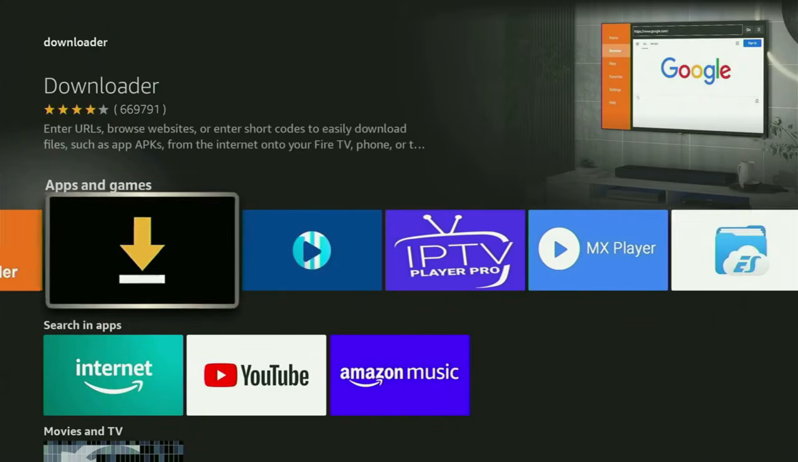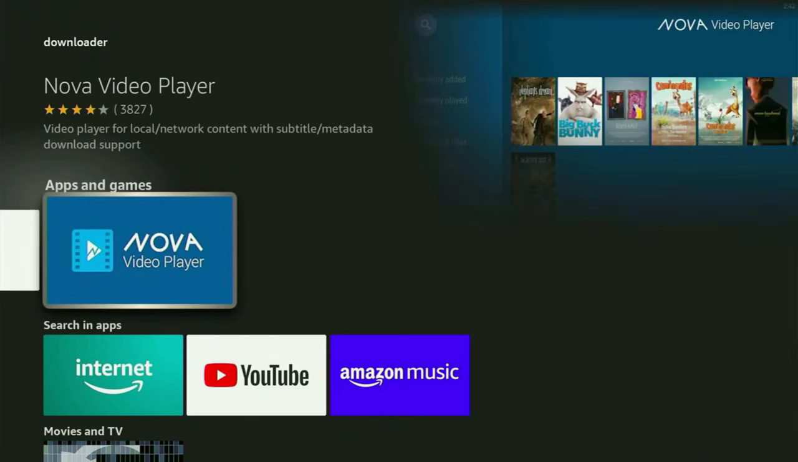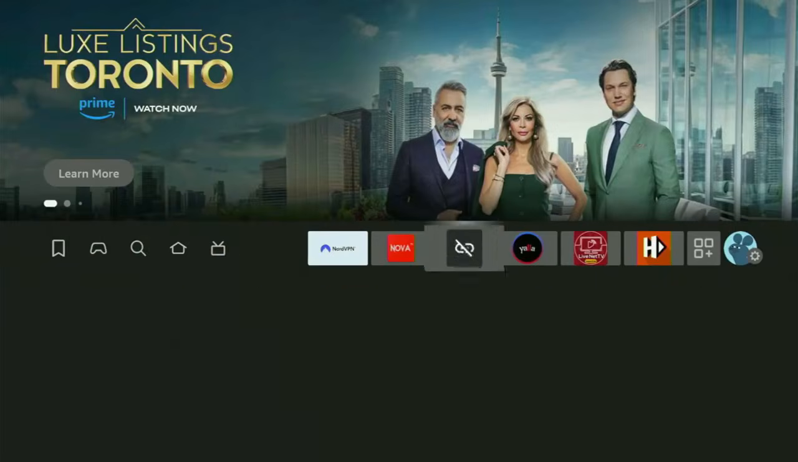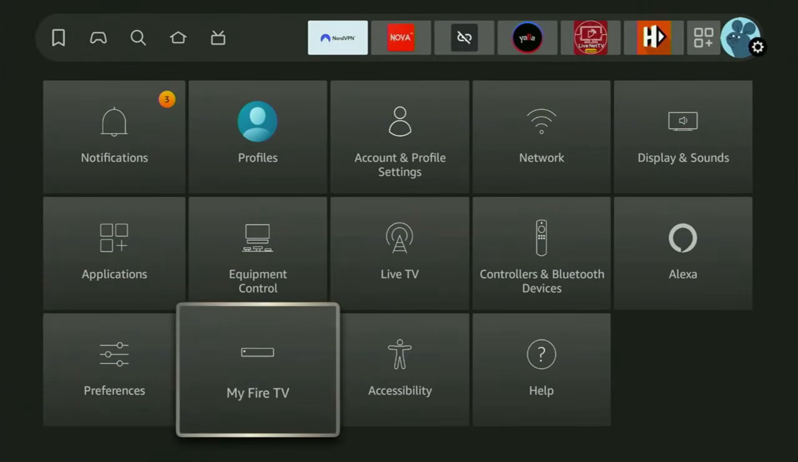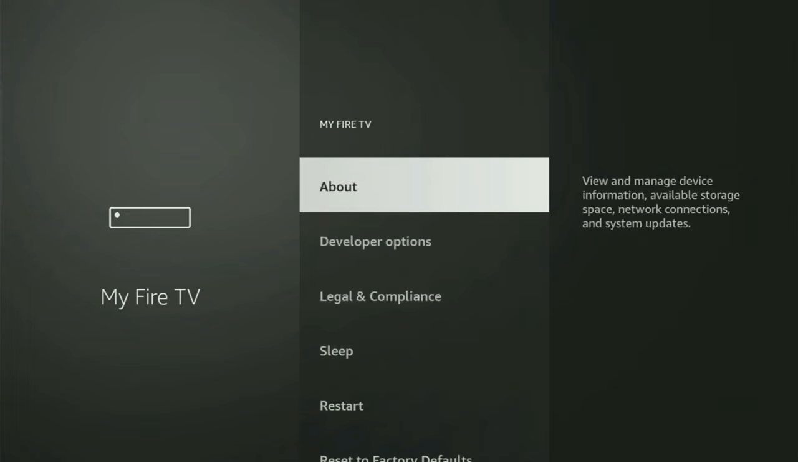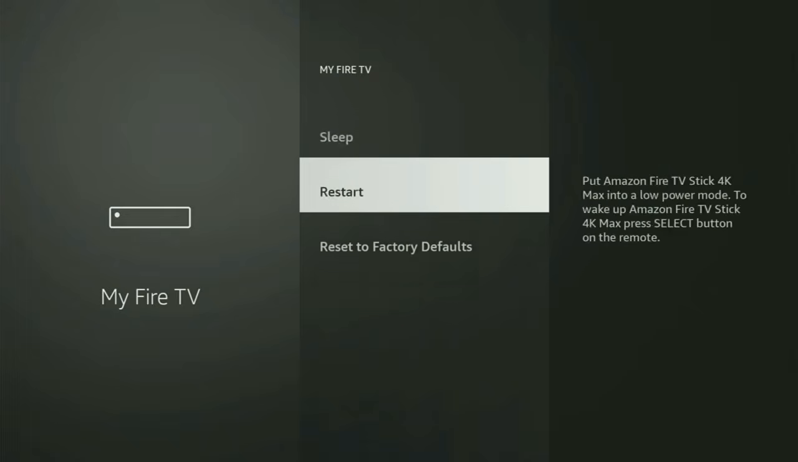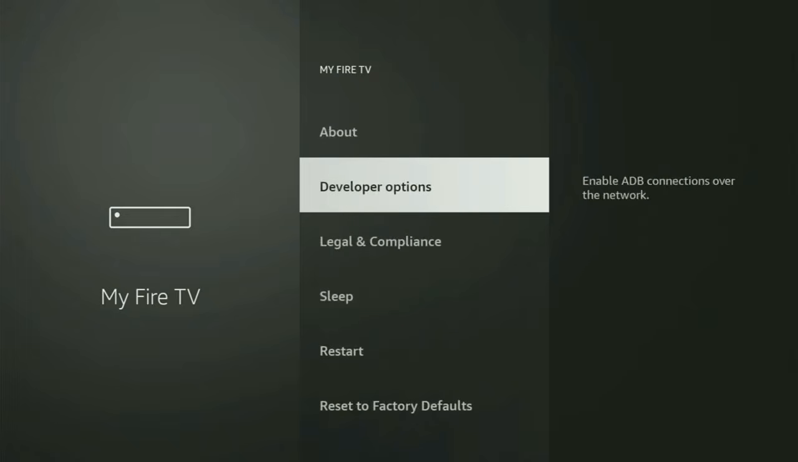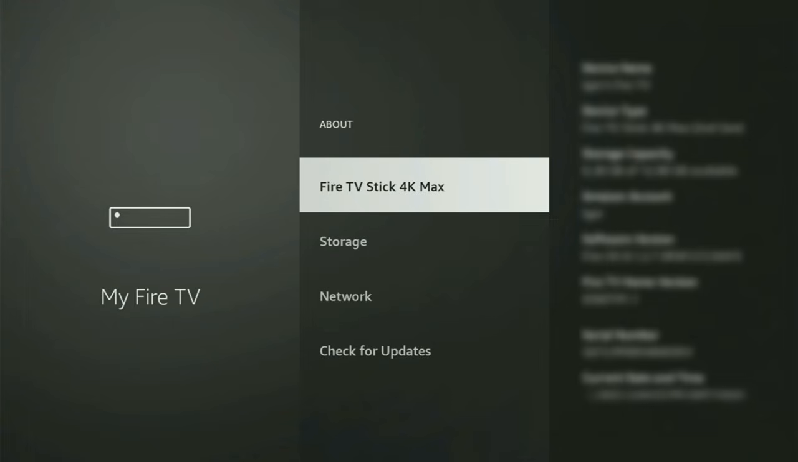However, after you get Downloader, it's not over yet, because you still have to set it up. So now, in order to actually use Downloader, you have to go to Settings on your Fire Stick, and then scroll down until you see My Fire TV. Open it, and in here, you'll have to turn on developer options on your Fire Stick. However, on some Fire Sticks, and especially on the new Fire TV devices, the developer options might be hidden by default. So if that's the case and you cannot find developer options anywhere, just go to About, select Fire TV